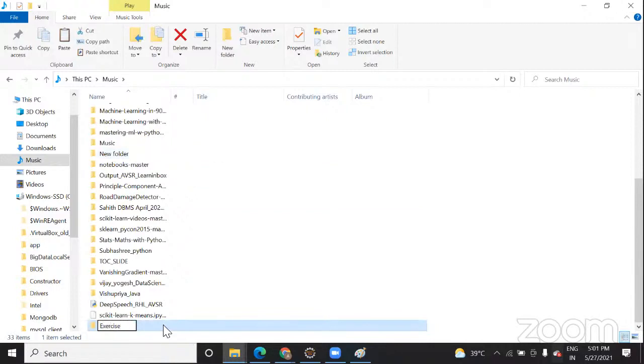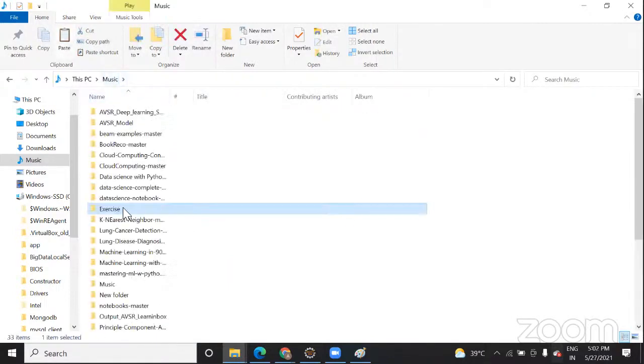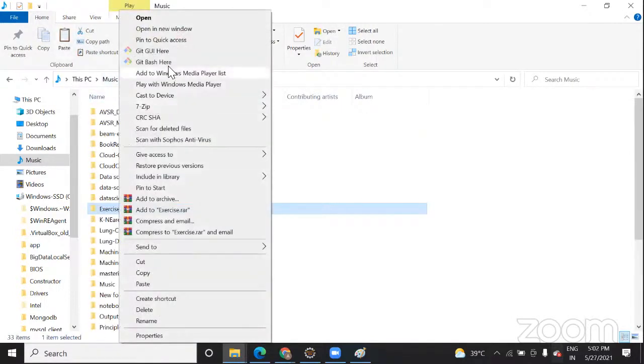You are storing this in music. Yeah, actually I have a lot of folders, so I don't have that much space. This is actually a company laptop, so I usually do R&D, so a lot of folders are there.